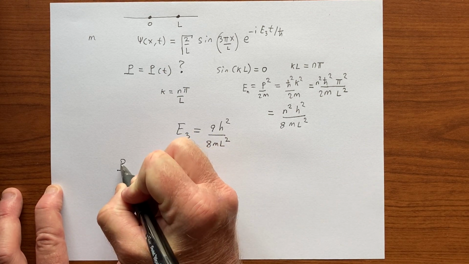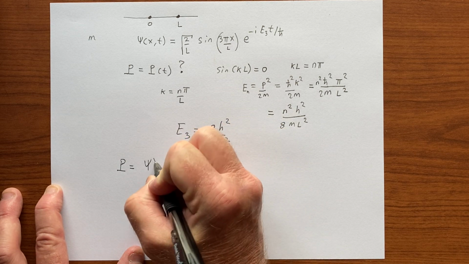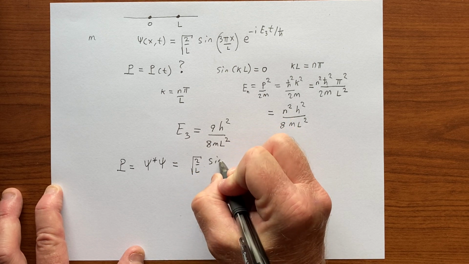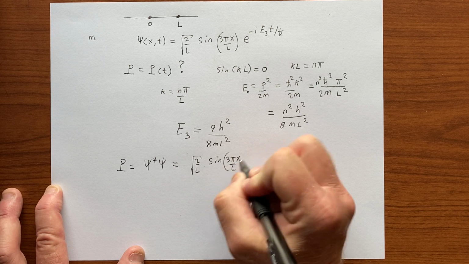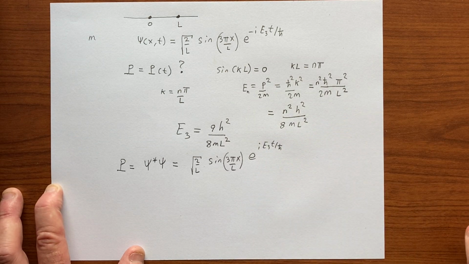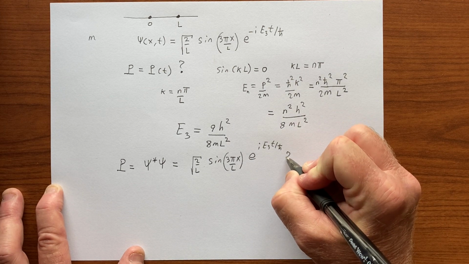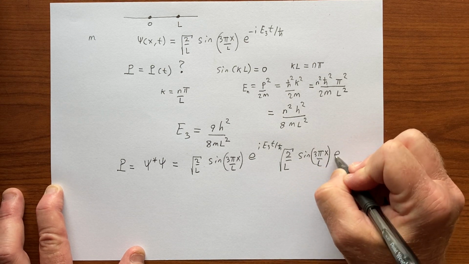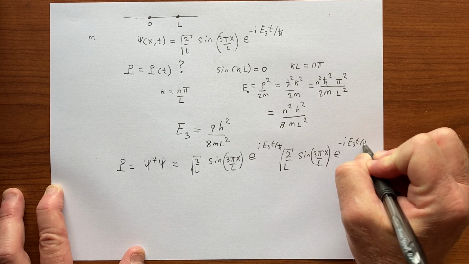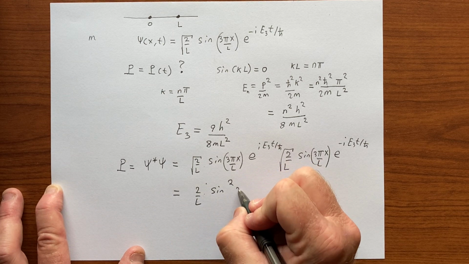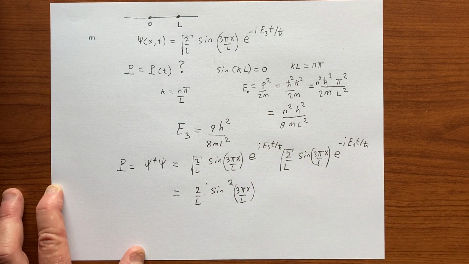Well, right, this is psi star psi, which is 2 over L sine, right, this is the real part, that stays as is, but here we get e to the i E3 t over h bar, that's psi star, and now we multiply that by psi, e to the minus i E3 t over h bar, which is 2 over L sine squared of 3 pi x over L. So notice that the probability density